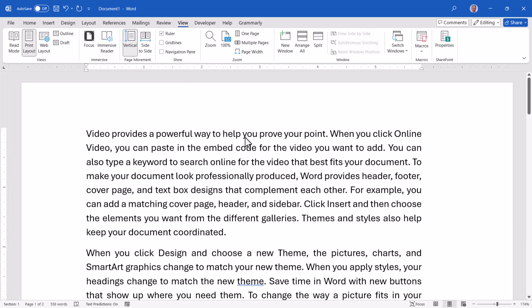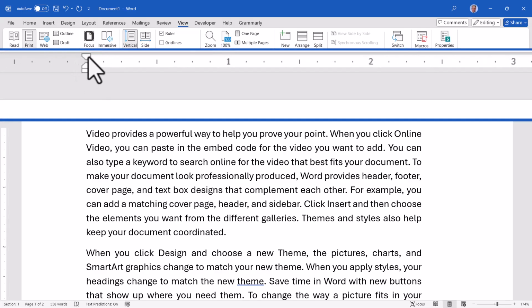Now let's see how we can perform those same modifications through the ruler. If we want to give this paragraph extra indentation on the left, we're going to go up here to these 3 small buttons on the ruler. The top one is for the first line indent. The middle button is for the hanging indent, and the bottom one is for a left indent. So if I want the entire paragraph to have an extra